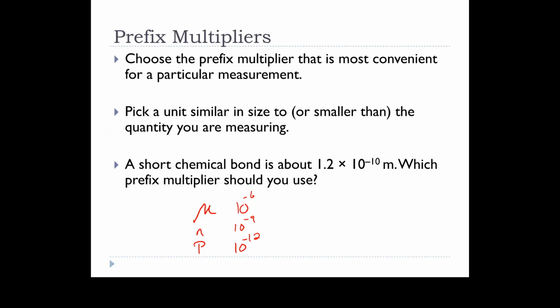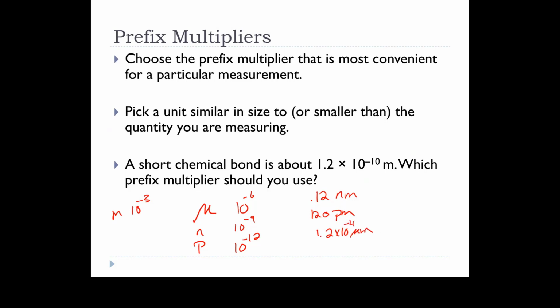We could use milli, which is 10 to the minus 3. What are some suggestions? Say again. Nano. All right. So if we use nano here, then this would be 0.12 nanometers. If we used pico, it would be 120 picometers. If we used micro, it would be 1.2 times 10 to the minus 4